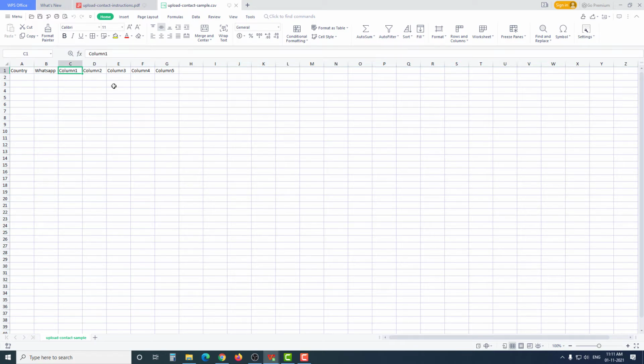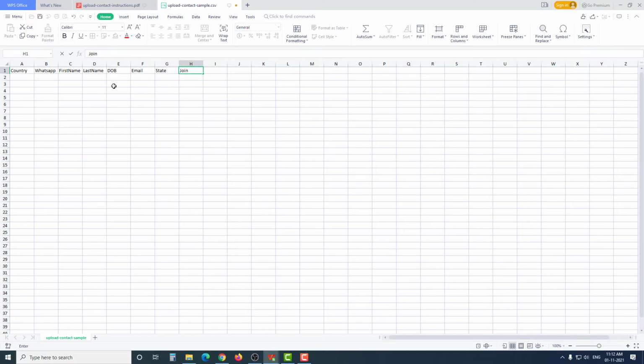So let's say I want to add first name. Then I want to add last name. You can add details like date of birth, email, state. And you can add as many columns as you want.